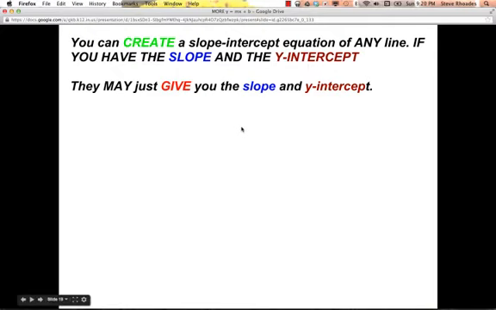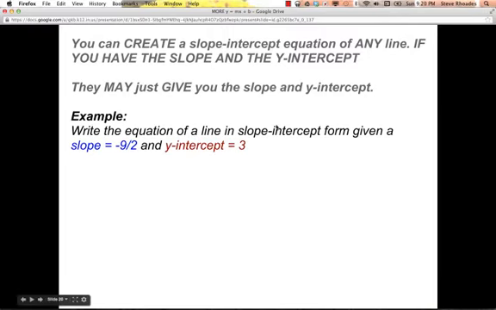First of all, you might be given the slope and the y-intercept. Well, this is the best scenario that you could have. If they give you the slope and they give you the intercept, the equation is written pretty easily. Here's an example. Write the equation of a line in slope-intercept form given the slope of -9/2 and a y-intercept of 3. Well, again, they've given us the slope and they've given us the y-intercept, so it's pretty simple to